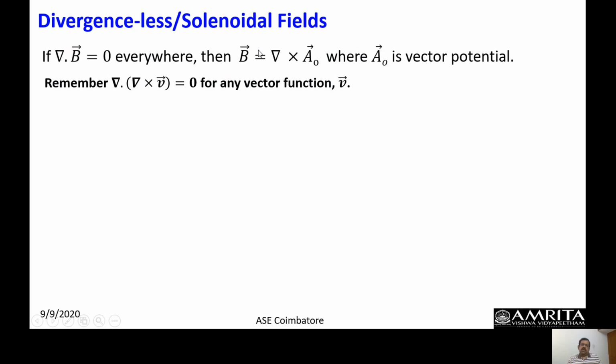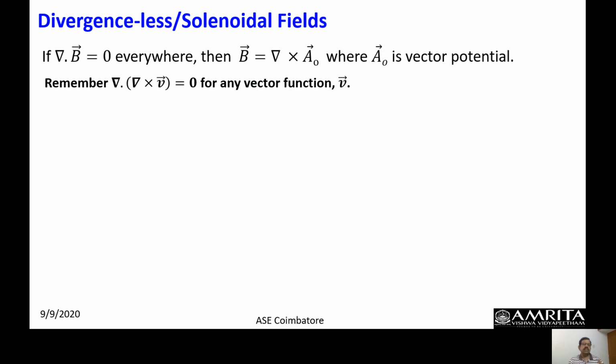Given a vector function, how do I prove that it represents a solenoidal field? First, the divergence of the given vector function, del dot B, must be 0. And then it must be represented by the curl of another vector function. The implications here are equivalent conditions. Equivalent means the given vector function will satisfy one only if it satisfies all the others.